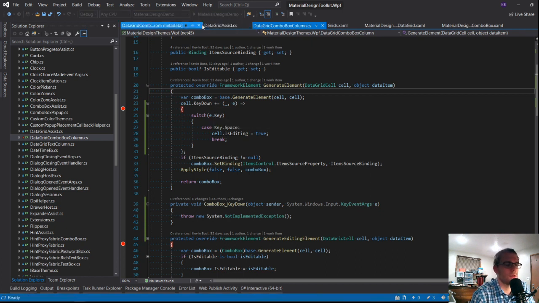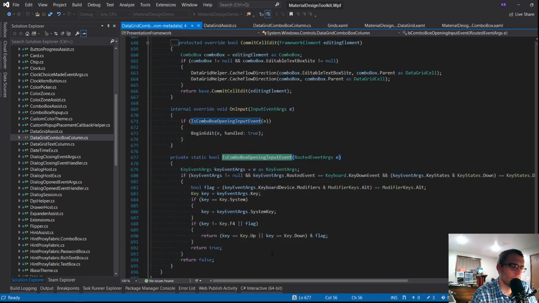But it is... Okay, so if this guy should return true if key is not F4 or flag. So if it's not F4 or flag, it falls into the if. And we'll hit the return true. Because it really does seem like on any key here, this thing calls begin edit.